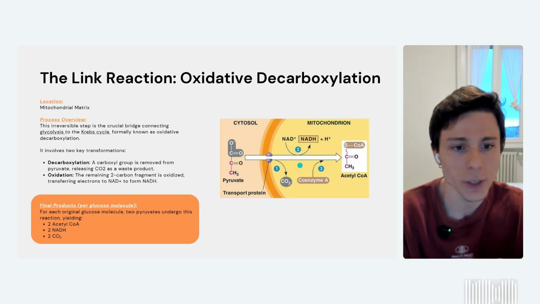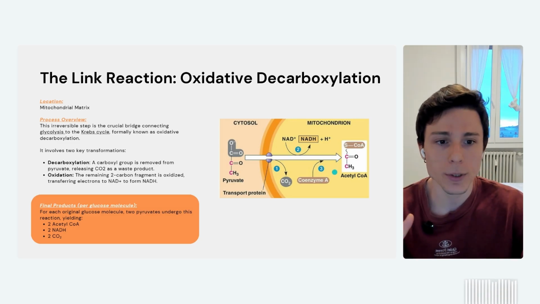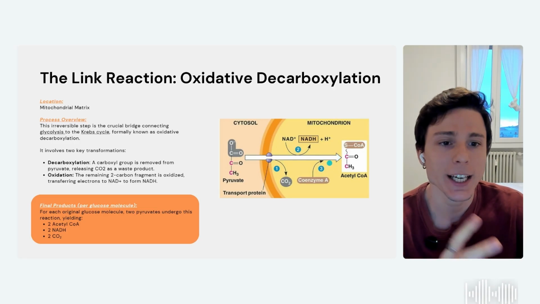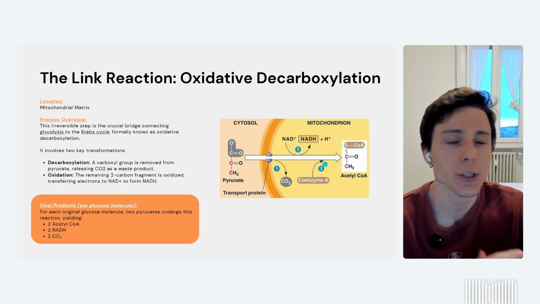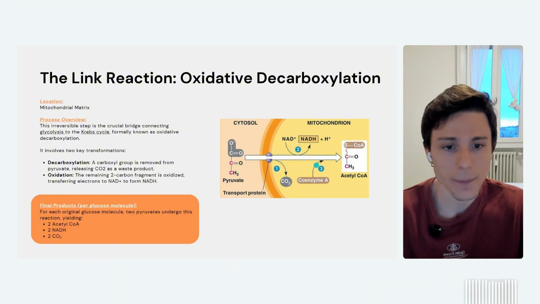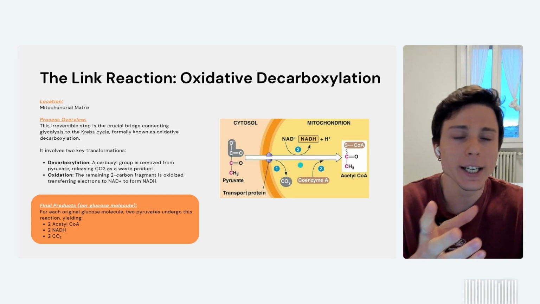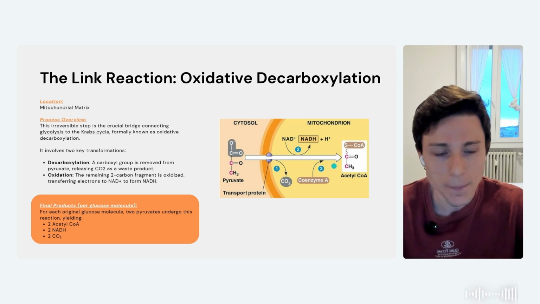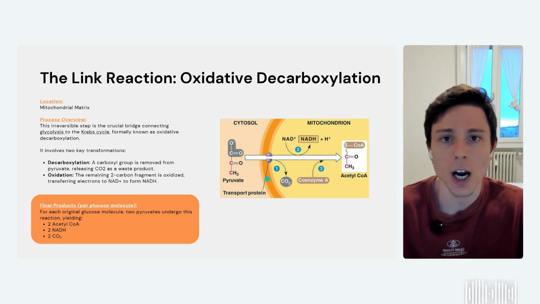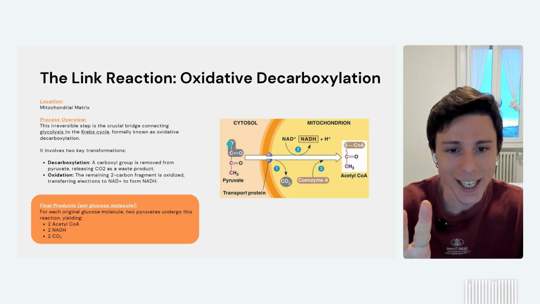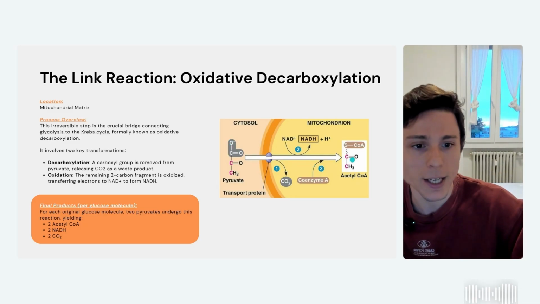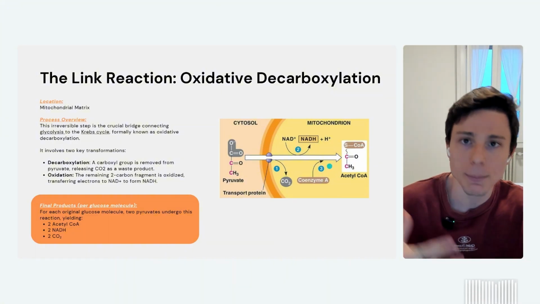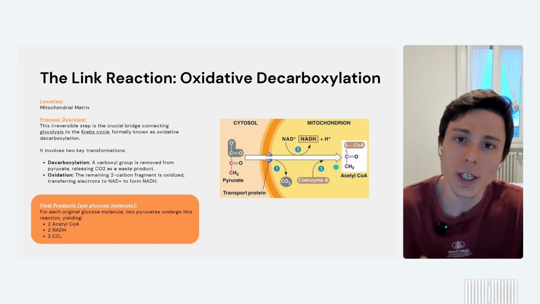At the end of this link reaction, we're going to end up with 2 carbons. I know it seems a little bit silly, but sometimes the IMAT likes to ask you how many carbons are generated after a particular process. For example, asking how many carbons we're going to have after the Krebs cycle, like CO2 being produced as a byproduct. So you might think, oh, 3 because the pyruvate has 3 carbons. Wrong. 2, because this link reaction happens before the Krebs cycle. And how many carbons do we have here? 2 carbons. So once this enters the Krebs cycle, that's going to be our next step. These 2 carbons are going to be released as CO2.